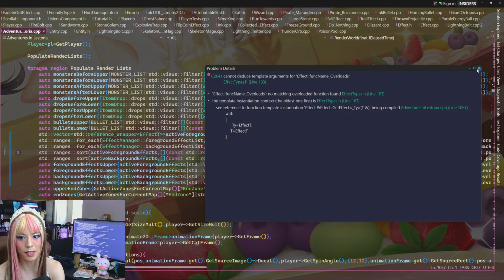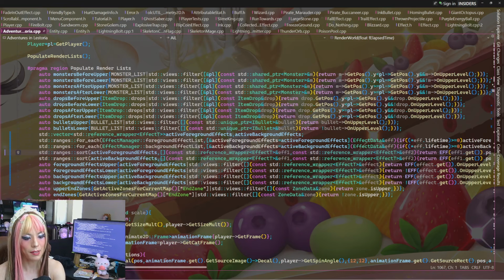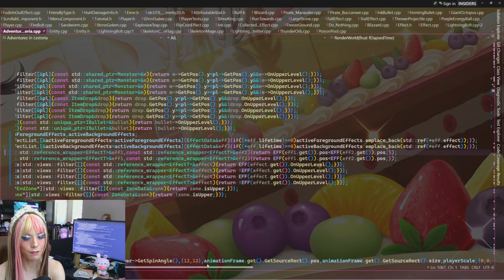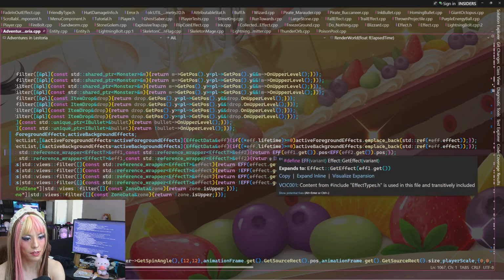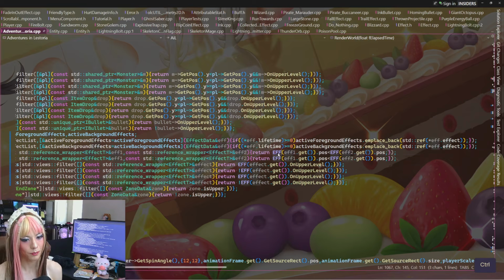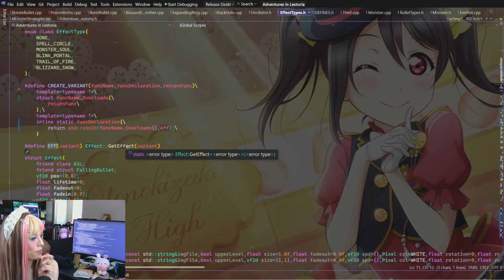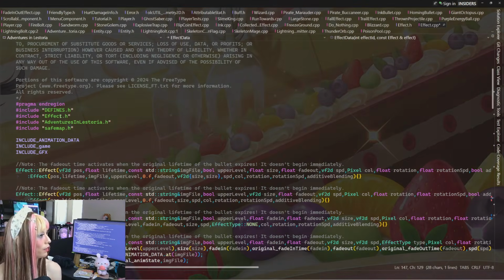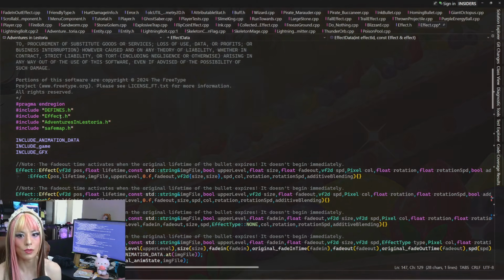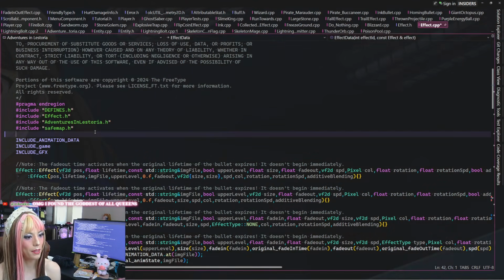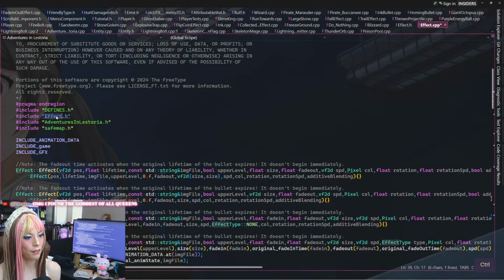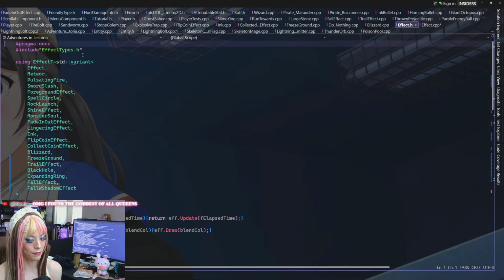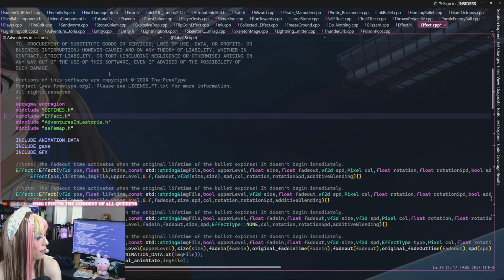Okay, then it goes to here. So anything involving get effect doesn't work right now. Okay. So that's telling. I mean, this is in effect.cpp. If we include effect.h, effect.h does include effect types.h, so it's not like that is not being generated.